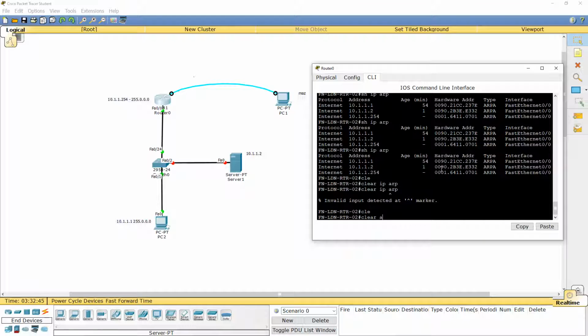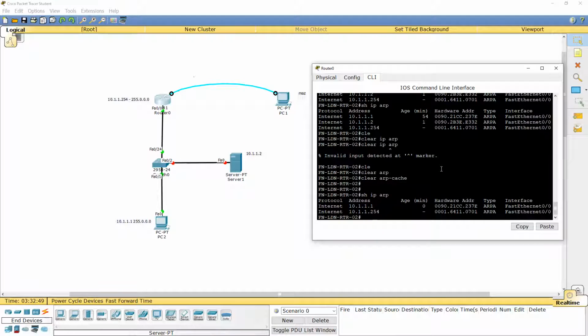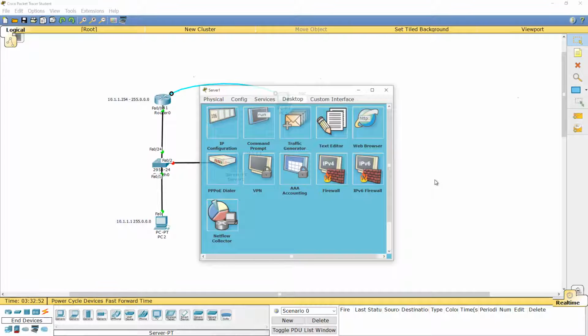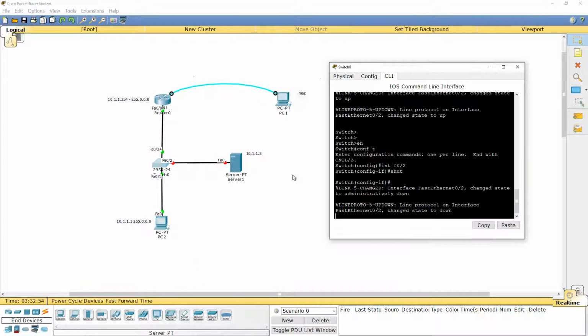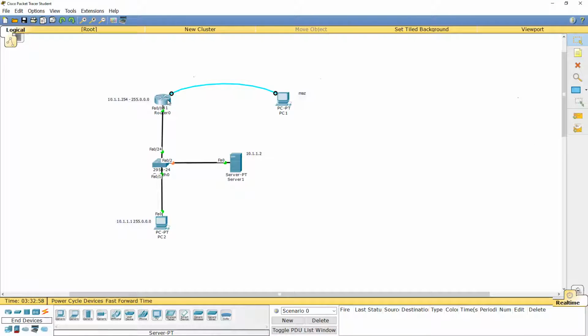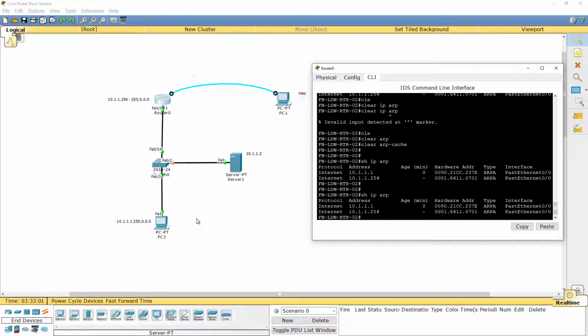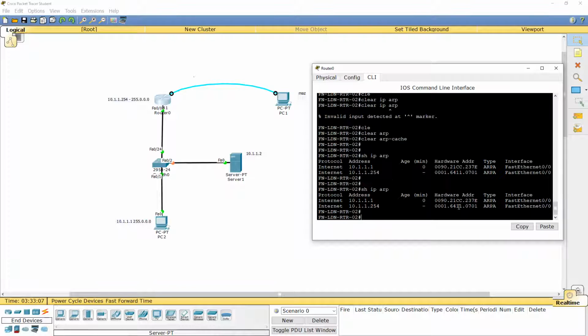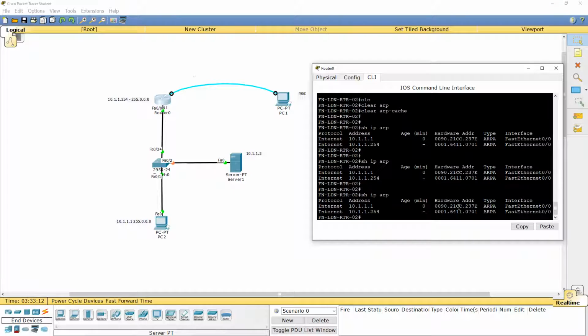Now let's say I am going to shut this port again. No shut. This port will come back again. We have no idea about the MAC address of 10.1.1.2. It's not in the ARP table. Like on the computer, how do we check the ARP table? ARP -A, remember? Yes?